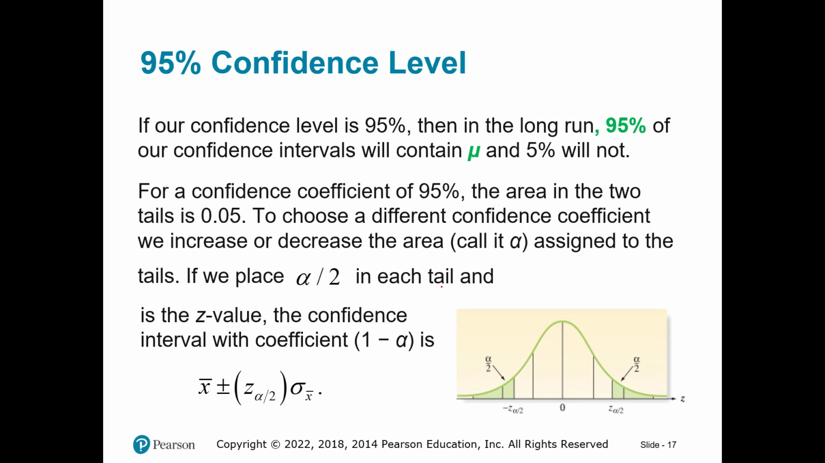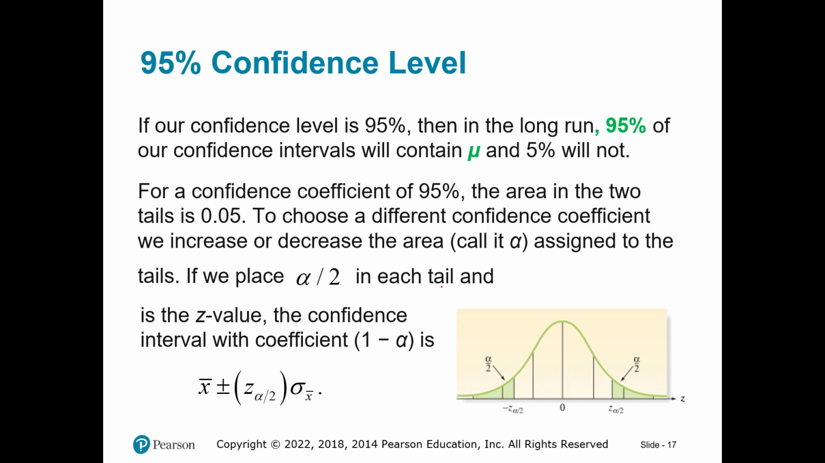So if our confidence level is 95%, then in the long run, 95% of our confidence intervals will contain the population mean and 5% will not. So for a confidence coefficient of 95%, the area in the two tails is 0.05. So to choose a different confidence coefficient, we increase or decrease the area assigned to the tails,